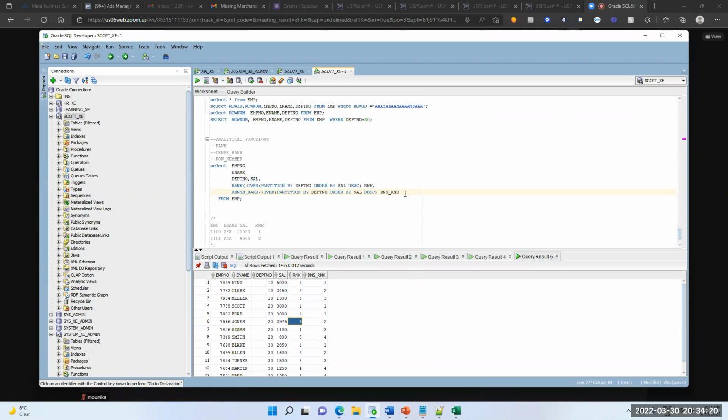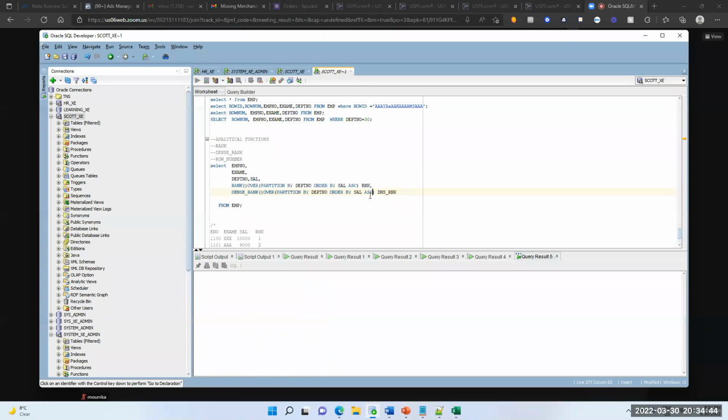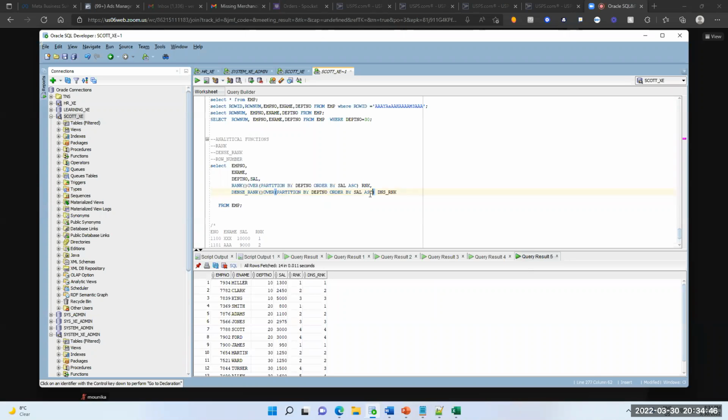And now I'm going to write row number here. And if you want to see the lowest value first rank and the top value coming as the last rank, then we can just remove this one, or you can write ascending order also. ASC also you can write it here. See here, 1300 first rank, 2450 second rank, 5000 third rank. Clear, guys?